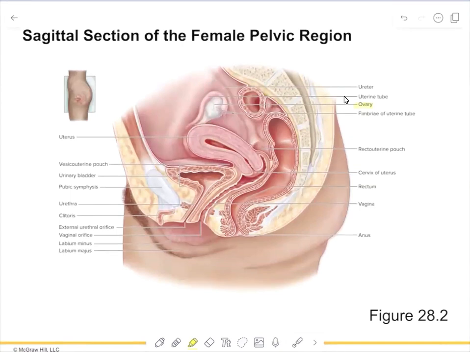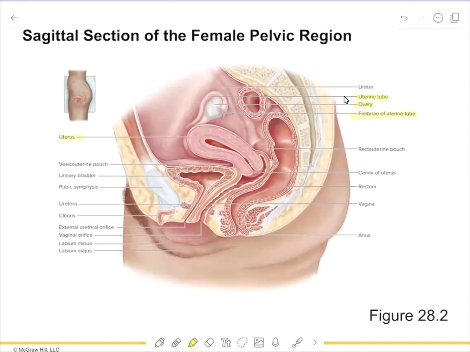Next, closest to the ovary are fimbria, which are sort of wrapping around the ovary, and their purpose is to constantly be in movement, especially to help the released oocyte to be delivered into the uterine tube. The uterine tube then is going to continue down to the uterus,